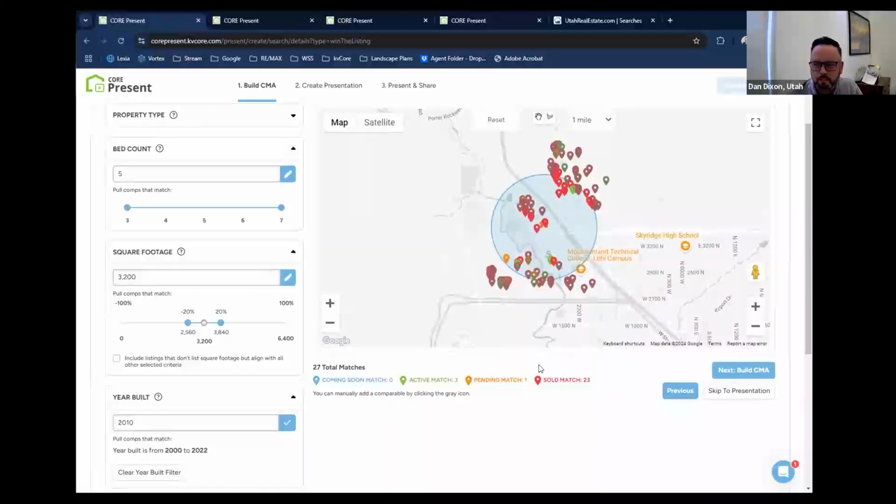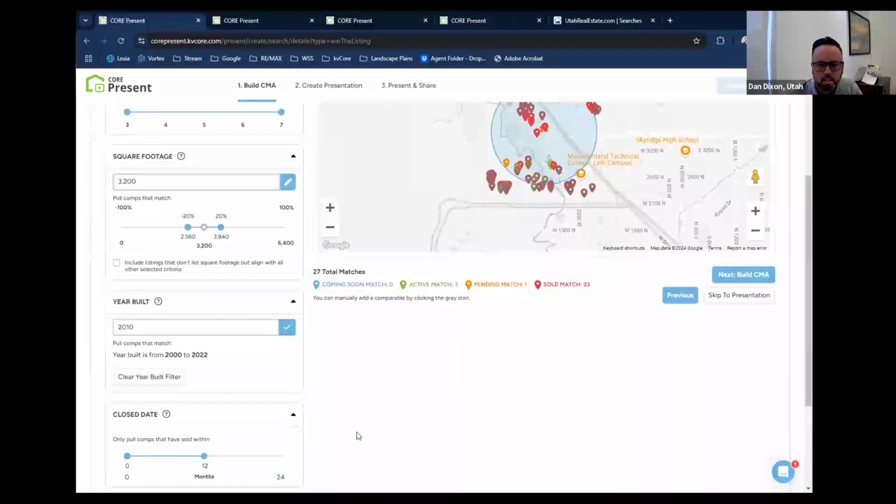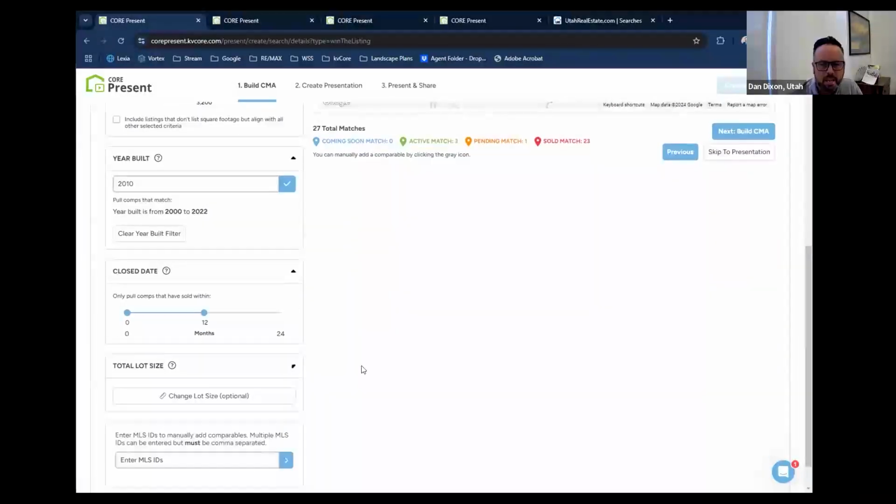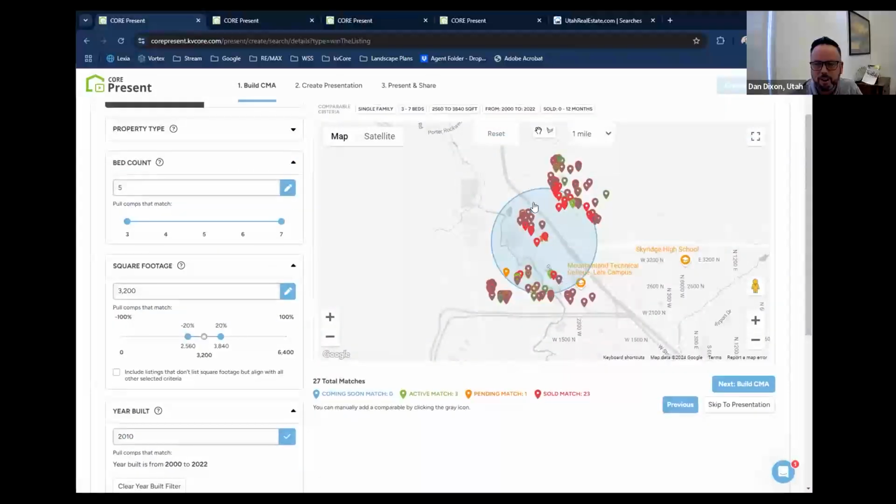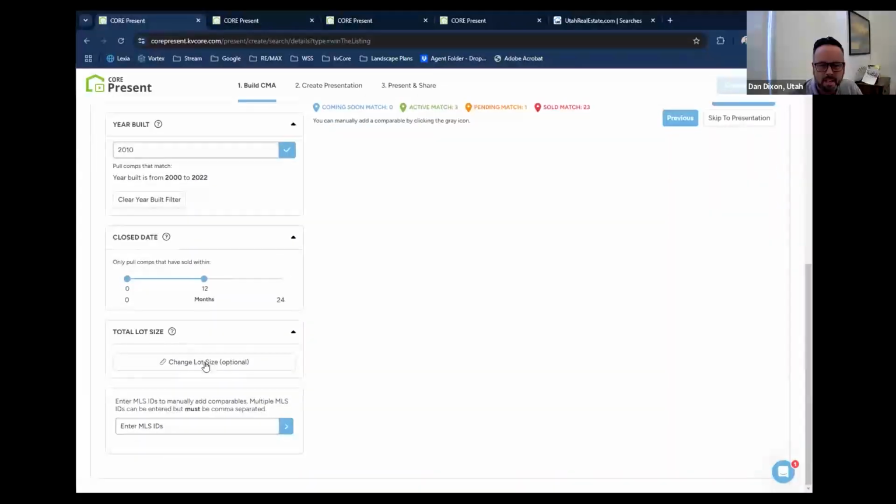And you can see I'm getting a fair amount of comparables here, which is great. I don't want like 80, but I do want 20 to 30 comparables to consider. So that's good. Lot sizes, these are fairly similar neighborhoods, even the newer stuff. They're all kind of smaller and HOA neighborhoods, and we don't have a ton of half acres in this area. So for that reason, I'm just going to ignore lot size as an option.